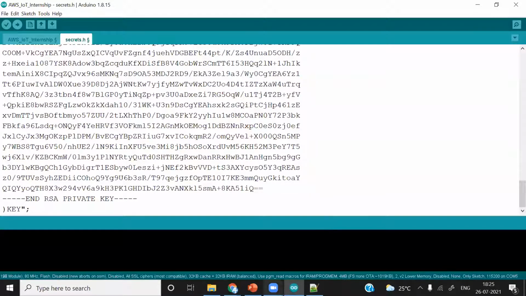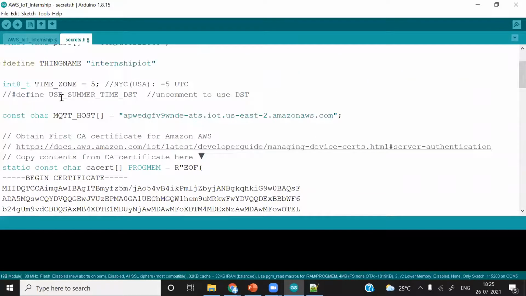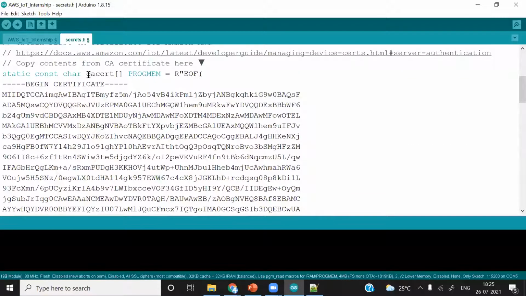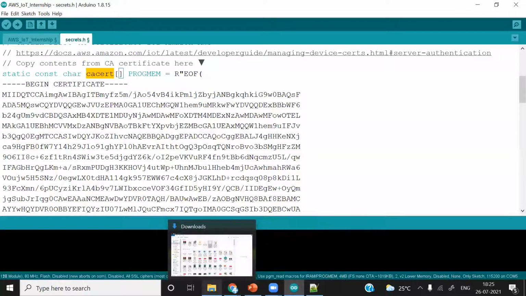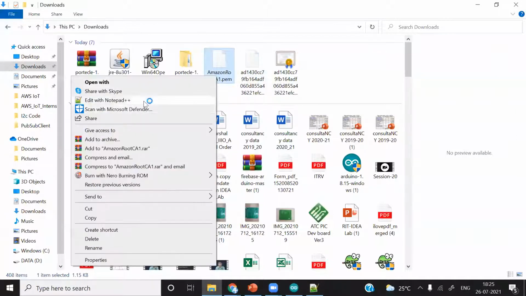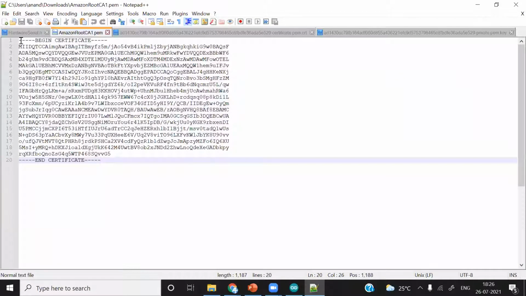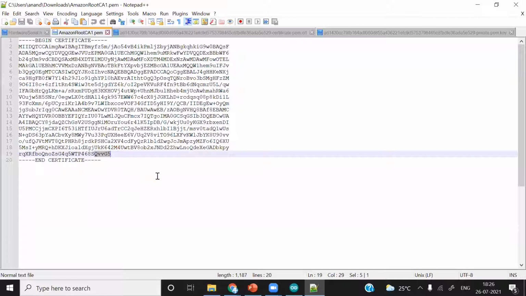To verify one more time, if you have some confusion with the CA certificate, we will just verify the contents. Go to downloads. This is the CA certificate we have downloaded. I will open it. You can see here MIIDQTCCA, or you can just check the last characters, QVVG5.